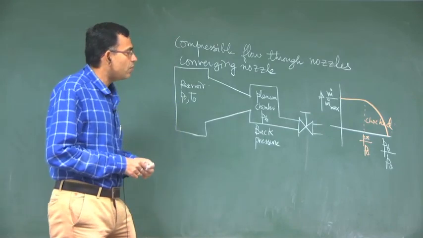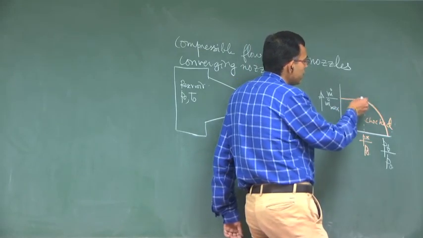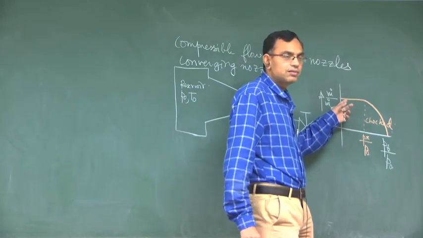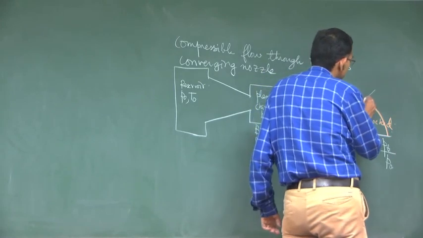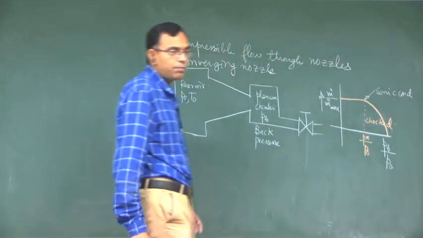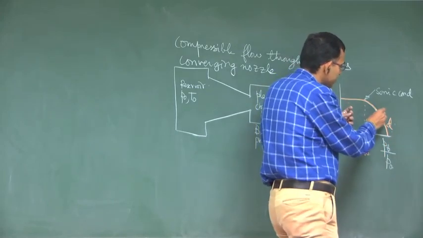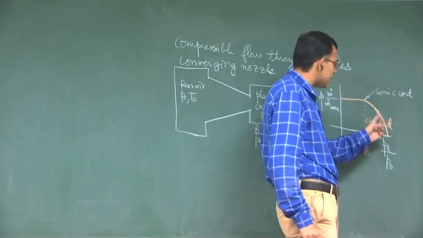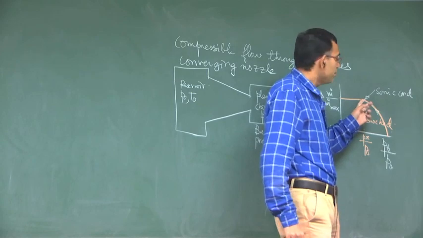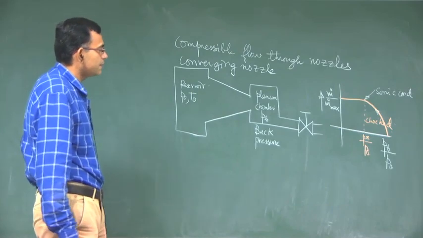So what we want to do here is to check under what condition, if you decrease the pressure, the mass flow rate will not increase anymore. Actually this is nothing but the sonic condition. Question is why? Why beyond the sonic condition? See, from here you are accelerating the flow in this direction, accelerating, accelerating till sonic condition is attained. Beyond this you are not able to increase the mass flow rate. Why?